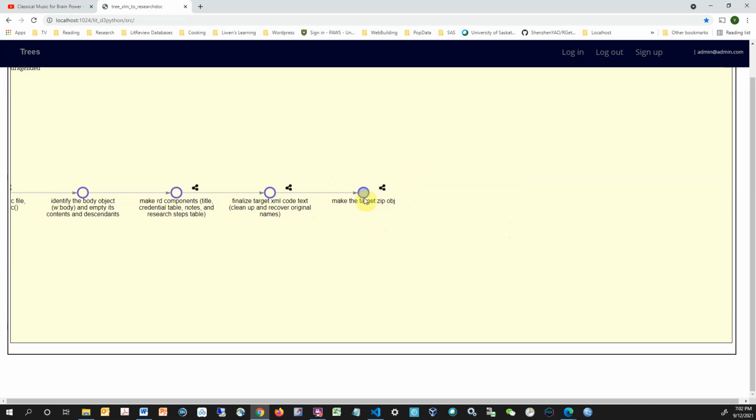But there is a trick here: within the source zip, if you remove the original document.xml and replace it with a new one, the whole zip object collapses